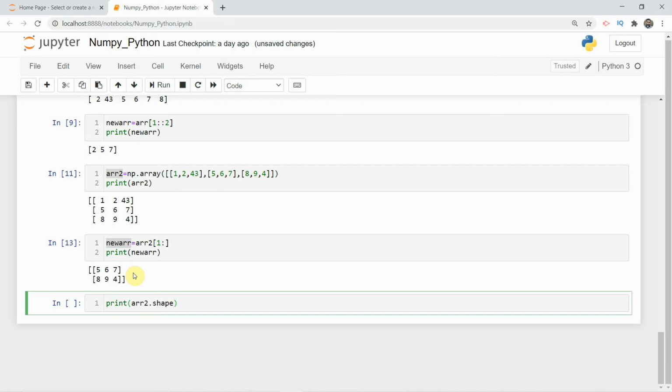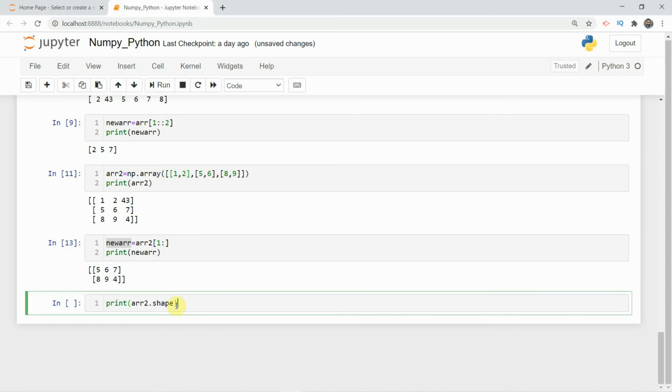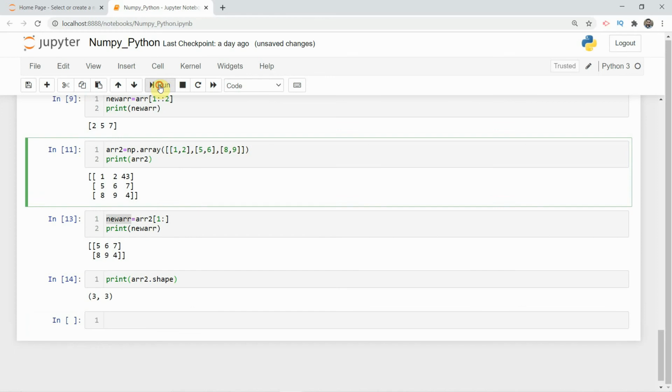So what it should return is that it has 3 elements, each containing 3 elements. Let me just remove this for simplicity, so that it will return 3 comma 2, such that it has 3 elements, each of the 3 elements contains 2 elements. Okay, so the shape would be 3 comma 2. I'll need to run this first. Yes,